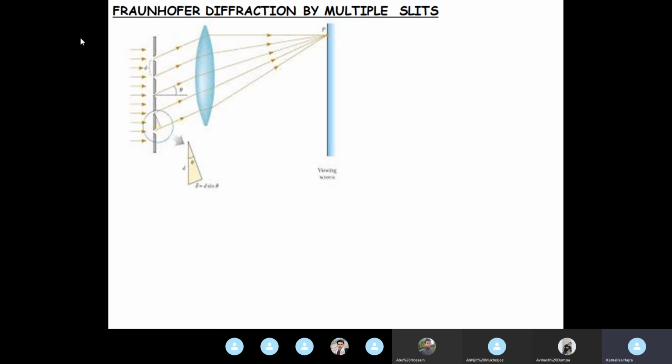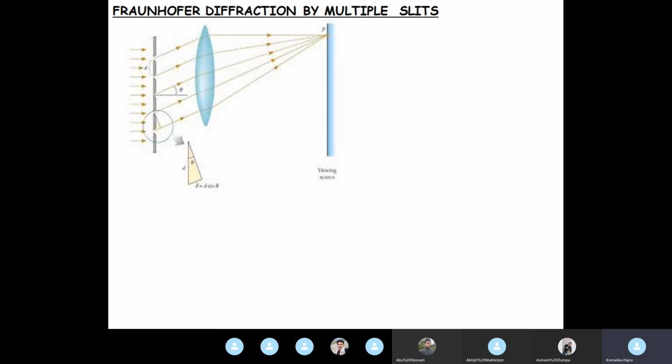Okay, so this is what I mean by multiple slit diffraction. You see, earlier, the first time we did this, we had only one slit over here. Then we had two slits of width B. And now, as you can see, for this particular picture, we have 1, 2, 3, 4, and 5 slits. So more than 2 is when we will call it a multiple slit diffraction.